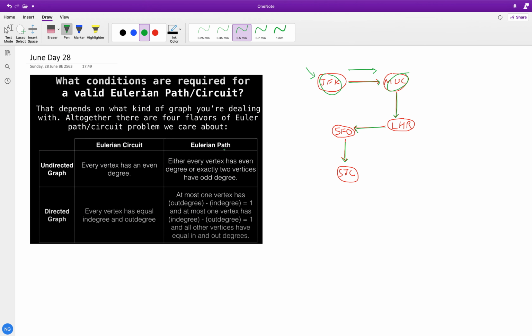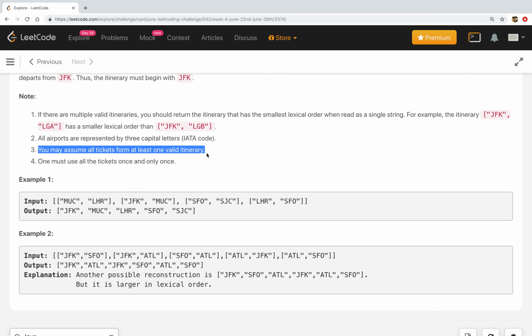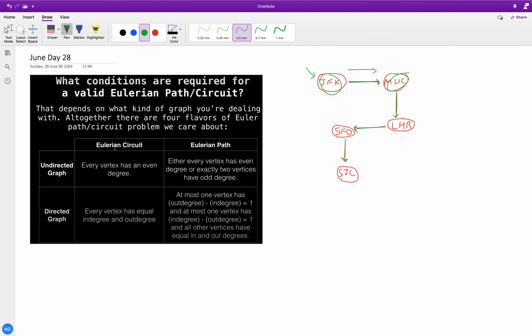In this problem, as already mentioned, there must be at least one valid itinerary, so we don't have to validate whether this graph has an Euler path or not. Otherwise, in general, if it is not mentioned, we have to find out whether our graph contains an Euler path or not.